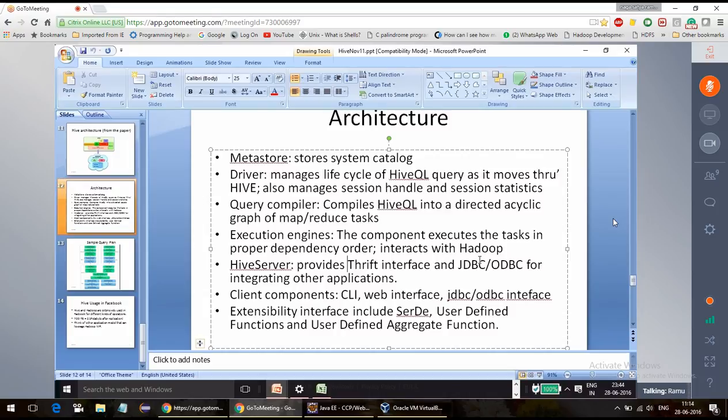Yeah, Sandeep, are you there? You got it? No. See, JDBC or ODBC are the, see, we are not using as of now. Yeah, see, I will tell you. So,